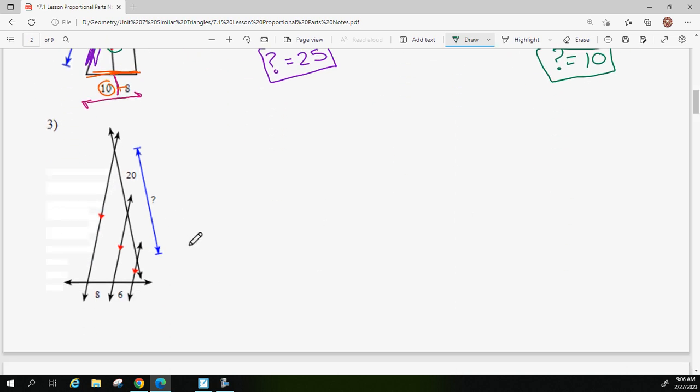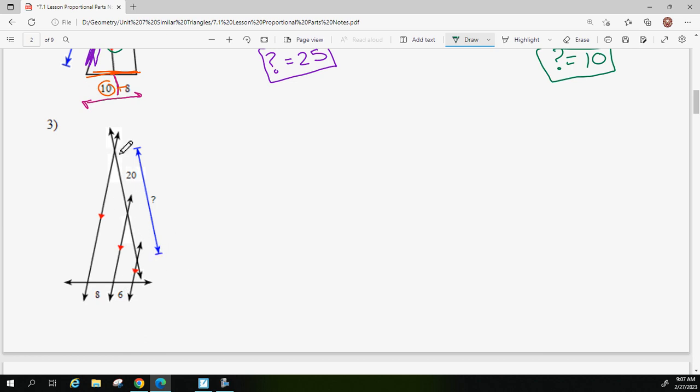Let me do one more. This looks different, but it's pretty much the same. I have some parallel lines. The relationship still holds true that this line in the middle that's splitting up these two lines, splitting those sides, creates these fractions. Sorry, I'm having a horrid time drawing a straight line using my tablet. But you can see how this line gets broken up, split up, and this line gets split